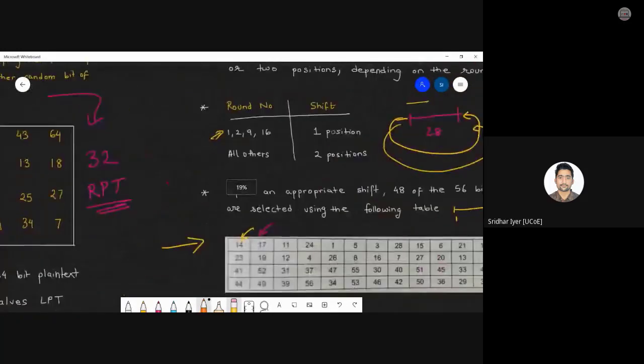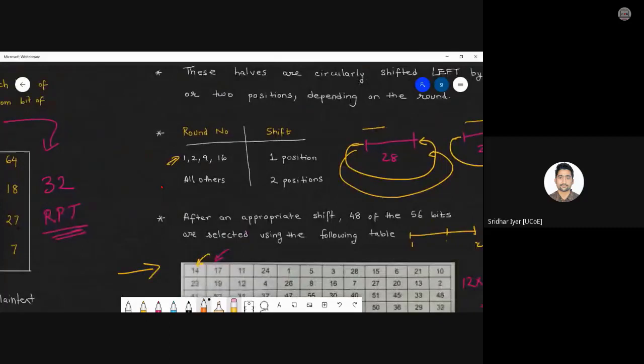So based upon the iteration value, you have to choose the shift. If the round number is 1, it will be a shift by 1. If the round number is 2, again shift will be by 1. If the round number is 3, then you have to shift it by 2 positions. Am I clear now, Jimit? I guess you had this doubt. Fine now. So if you're having any doubts, you can ask me in between.